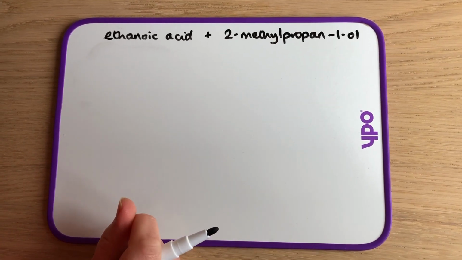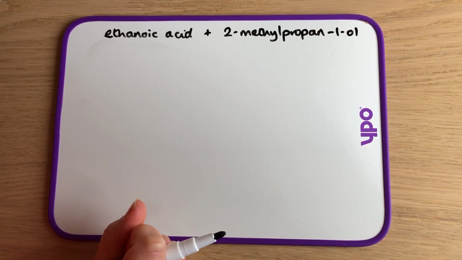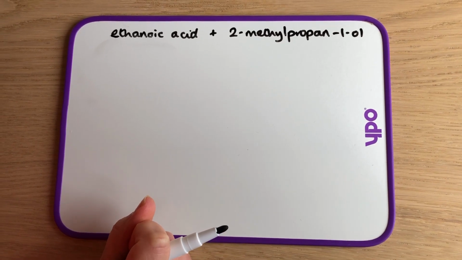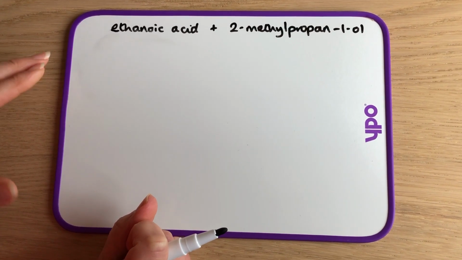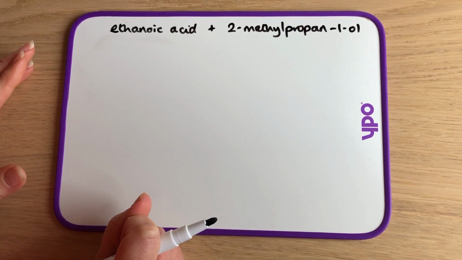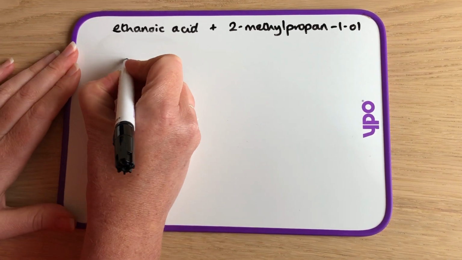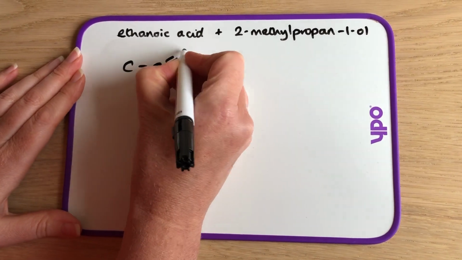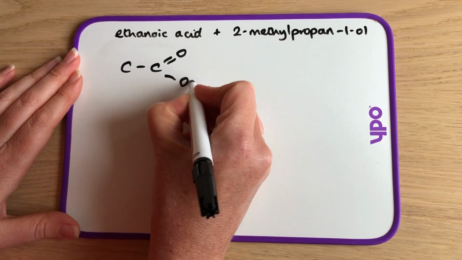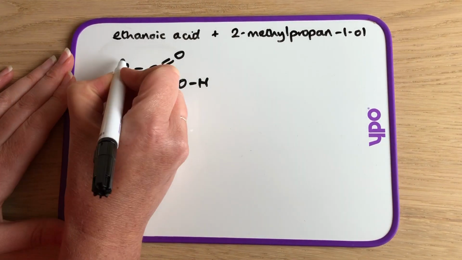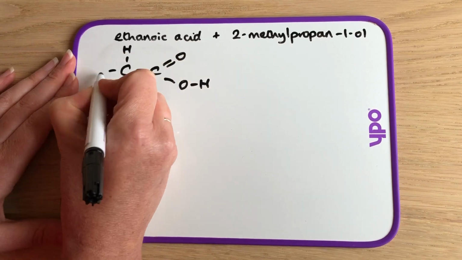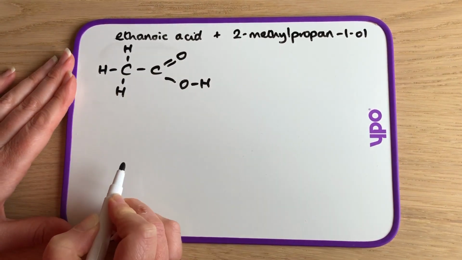Okay, so I just want to show you how to write out the balanced equation for esterification. So our first example then, ethanoic acid, 2-methyl-propan-1-ol. So the way I do it is I will draw it out so that I'm displaying the functional group. That's a good practice. So there's my ethanoic acid,